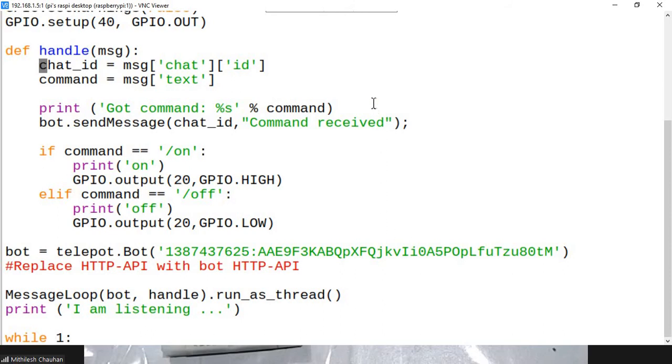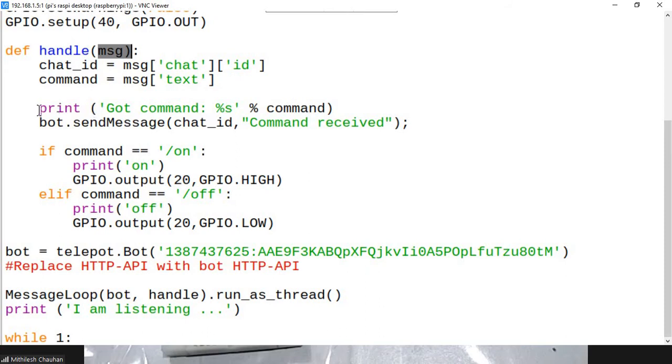Like Telegram is sending some message to the Raspberry Pi, and we are trying to retrieve the message information with the help of this. So chat ID is the ID of the person who is sending the message, and command is the text that the Telegram app has sent to this Raspberry Pi.